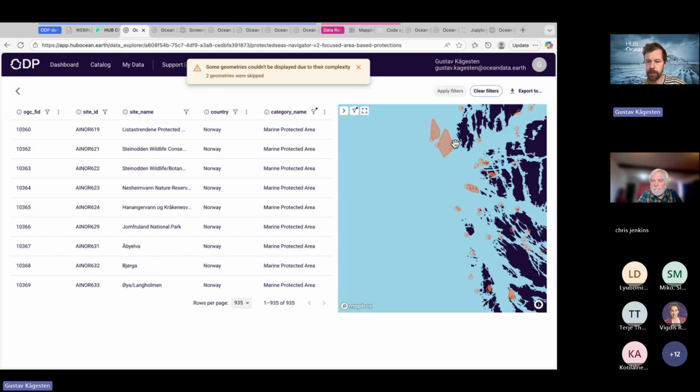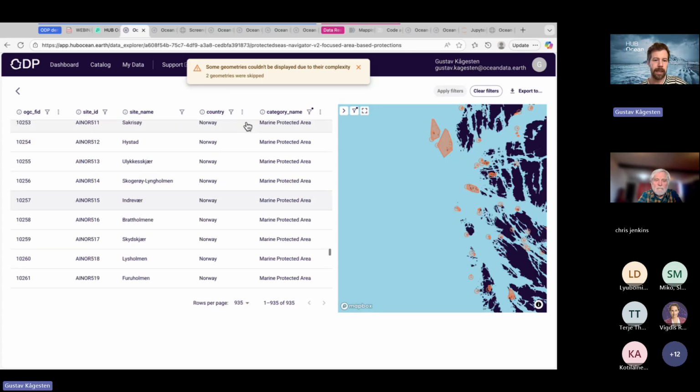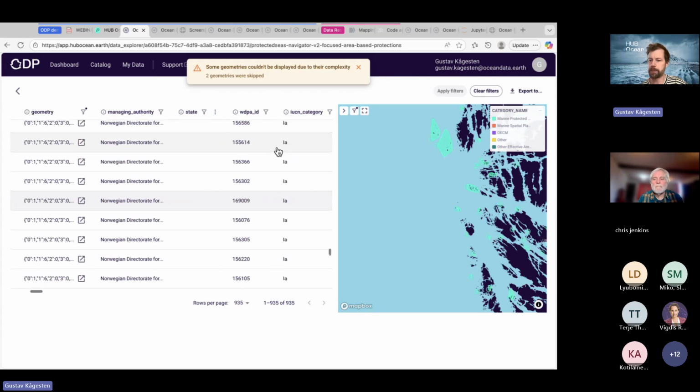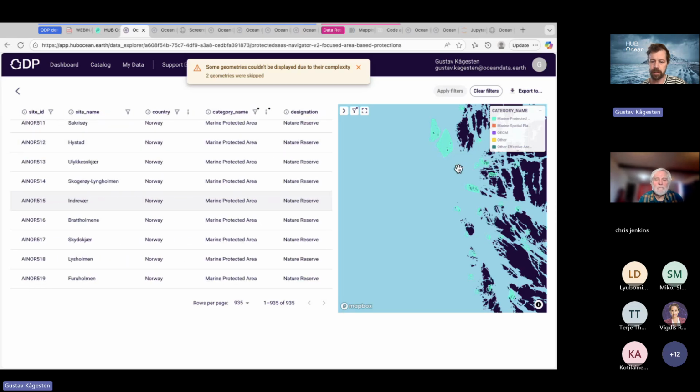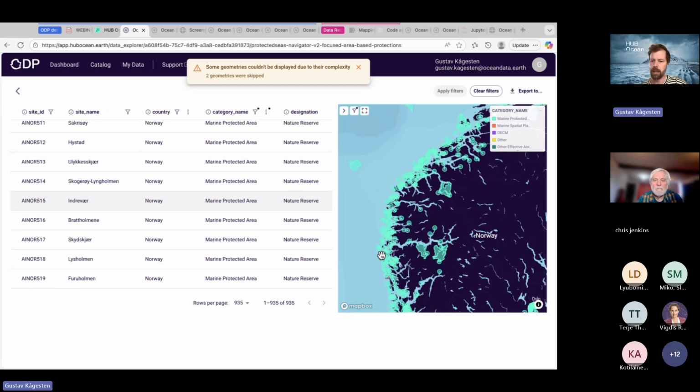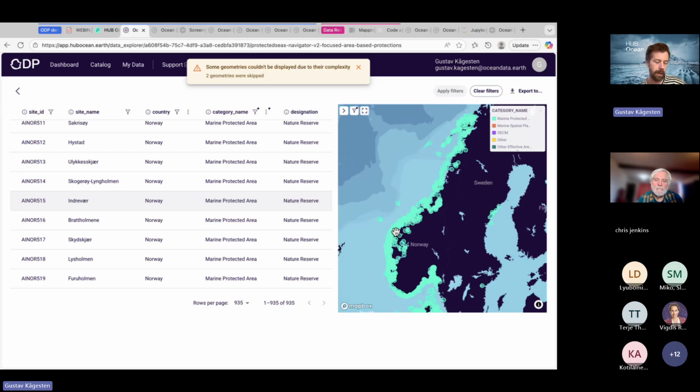And again, here you can start exploring a bit. We can also give these some color based on what's in a column of your choosing, and we can change those colors if we want to play around. At the moment, you cannot overlay multiple data sets, but that's something we're working on. I hope to have it available quite soon. So it's already a fairly powerful little glimpse into GIS at this exploration level.